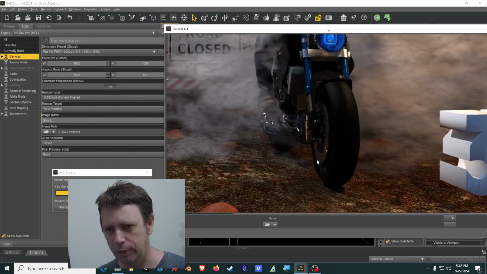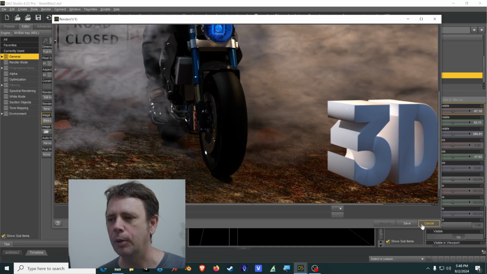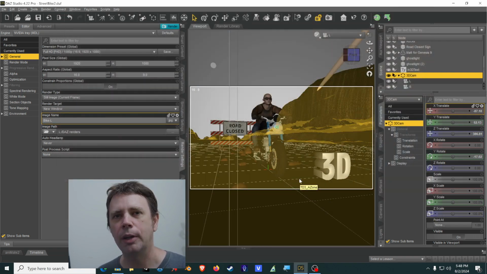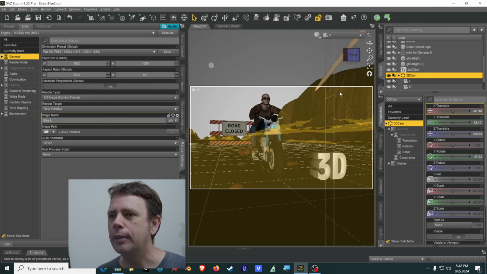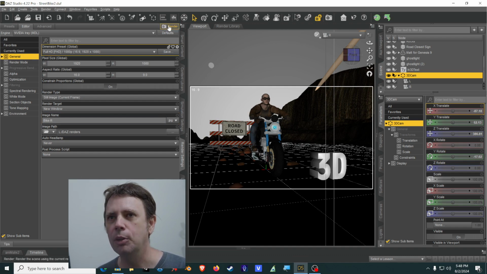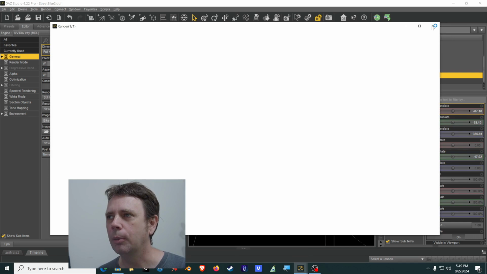We can wait till it actually goes all the way through, or we can just go ahead and cancel it, which I'm going to do just so it won't ruin my recording, hopefully. So we've rendered the left image. So we save this as bike L or whatever. So save. I'm not going to save it right now because I've already rendered this. And then you go to right. And then you just type in R for that. And then you render it again. Boom. Okay. So I'm going to cancel this and then I'll show you how to put it together in 3D